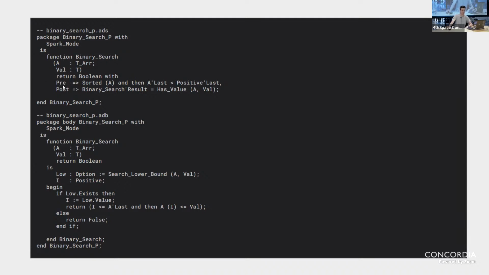The precondition is that the array has to be sorted. Whenever you're working with binary search, if you're familiar with the algorithm, it only works if your data is already sorted. So here I can confirm that.